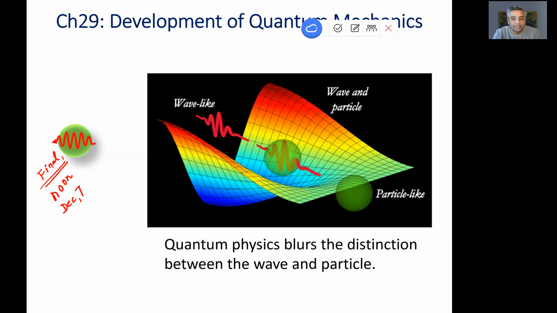Okay, so quantum physics is, totally, if you go for an upper level undergraduate physics class, there is a whole class offered for quantum mechanics. So yes, it is fantastic. It covers a lot of material. But here I want to just introduce you to what quantum phenomenon means and